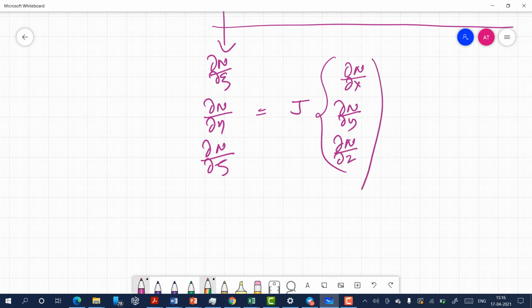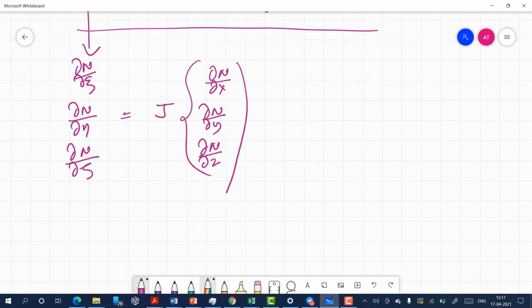So you see the Jacobian is the relationship between the local coordinate, so partial derivative of the shape function with respect to local coordinate system, and partial derivative of the shape function with respect to global coordinate system. The relationship between them is given by the Jacobian,